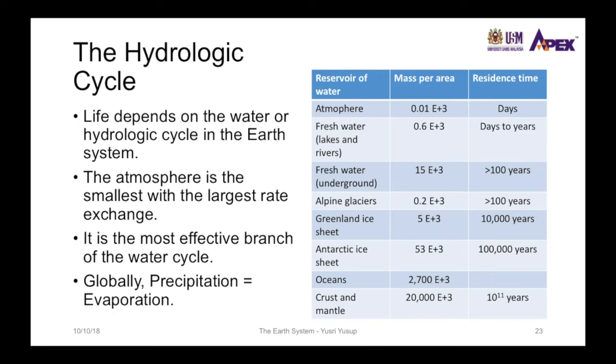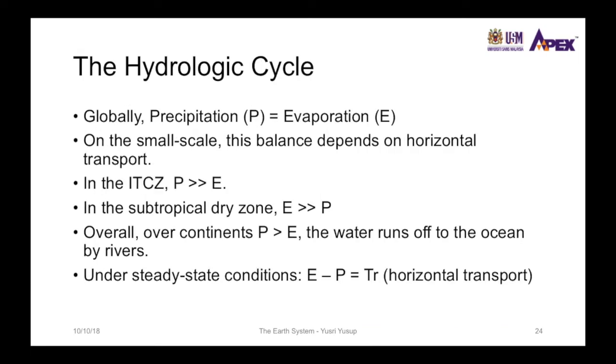Now, how does water exchange between the atmosphere and the other reservoirs? It is through precipitation and evaporation, where precipitation means water is removed from the atmosphere, while evaporation means water is added to the atmosphere. Looking at precipitation and evaporation globally, we see that the amount of precipitation and evaporation should be the same, where there's a zero accumulation of water in